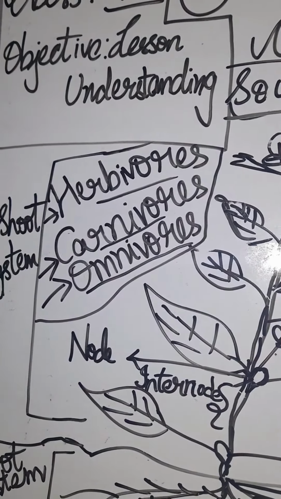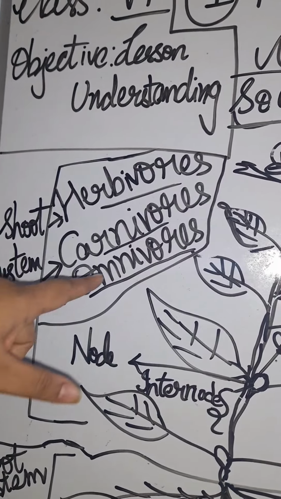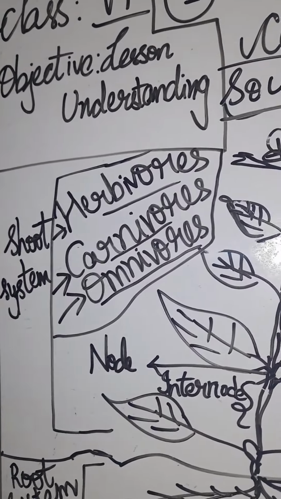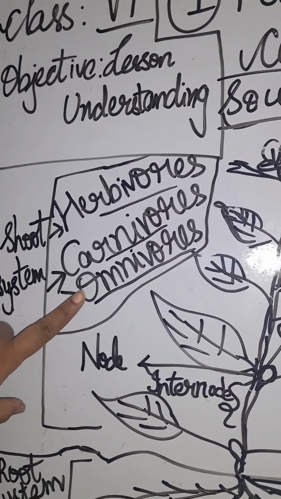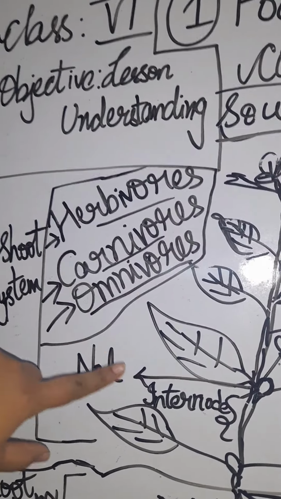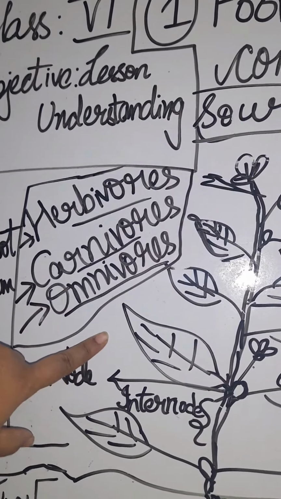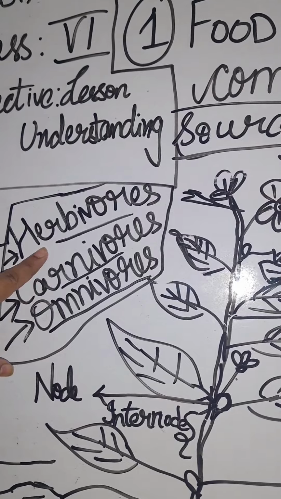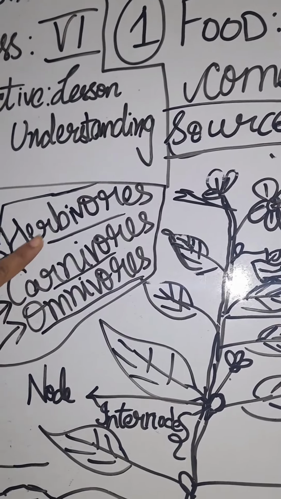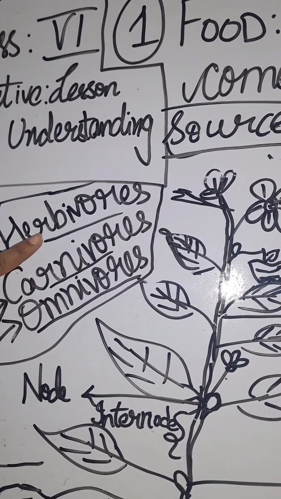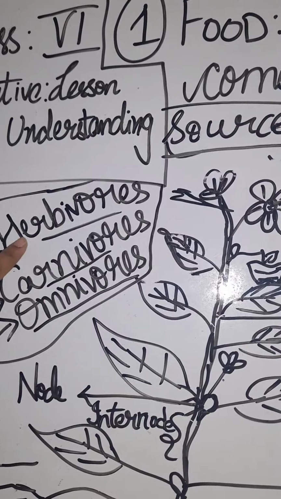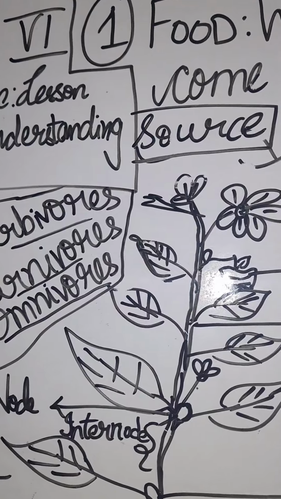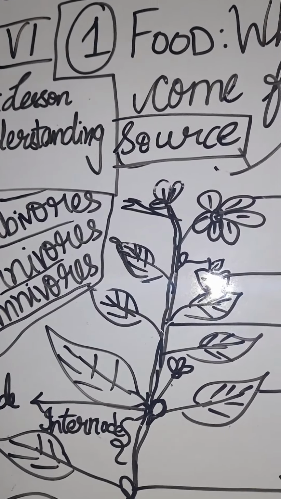Here, examples are here. Yes, exactly, you are right. Human beings come under omnivores only. See, some of us eat vegetables also. Some are vegetarians, and some of us eat flesh and meat also, they are non-vegetarians. Okay, herbivores are cattle like goats, sheep, correct, and then deer. All these come under herbivores. Okay, children. Next, carnivores are tiger, lion, correct, and then dog also. That is also a carnivore only.